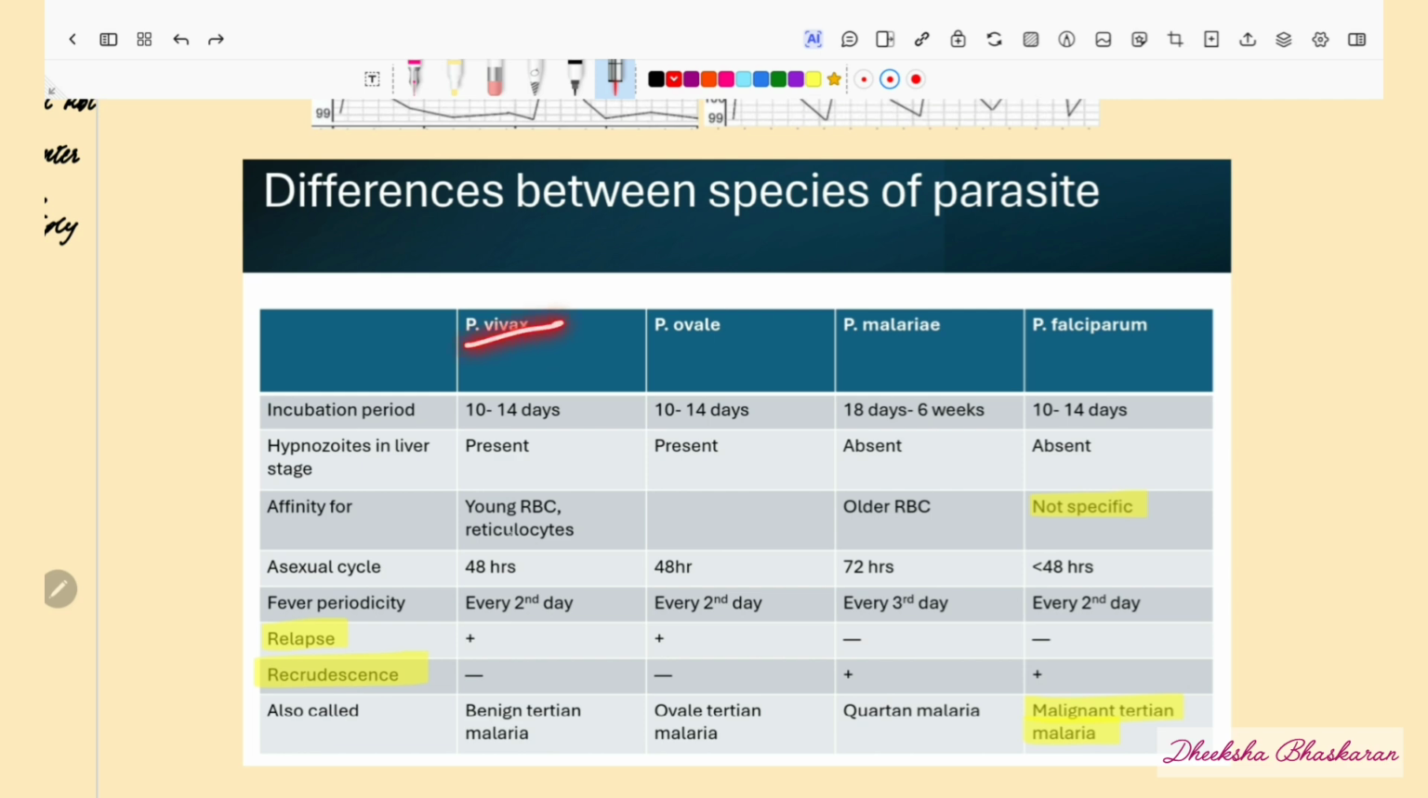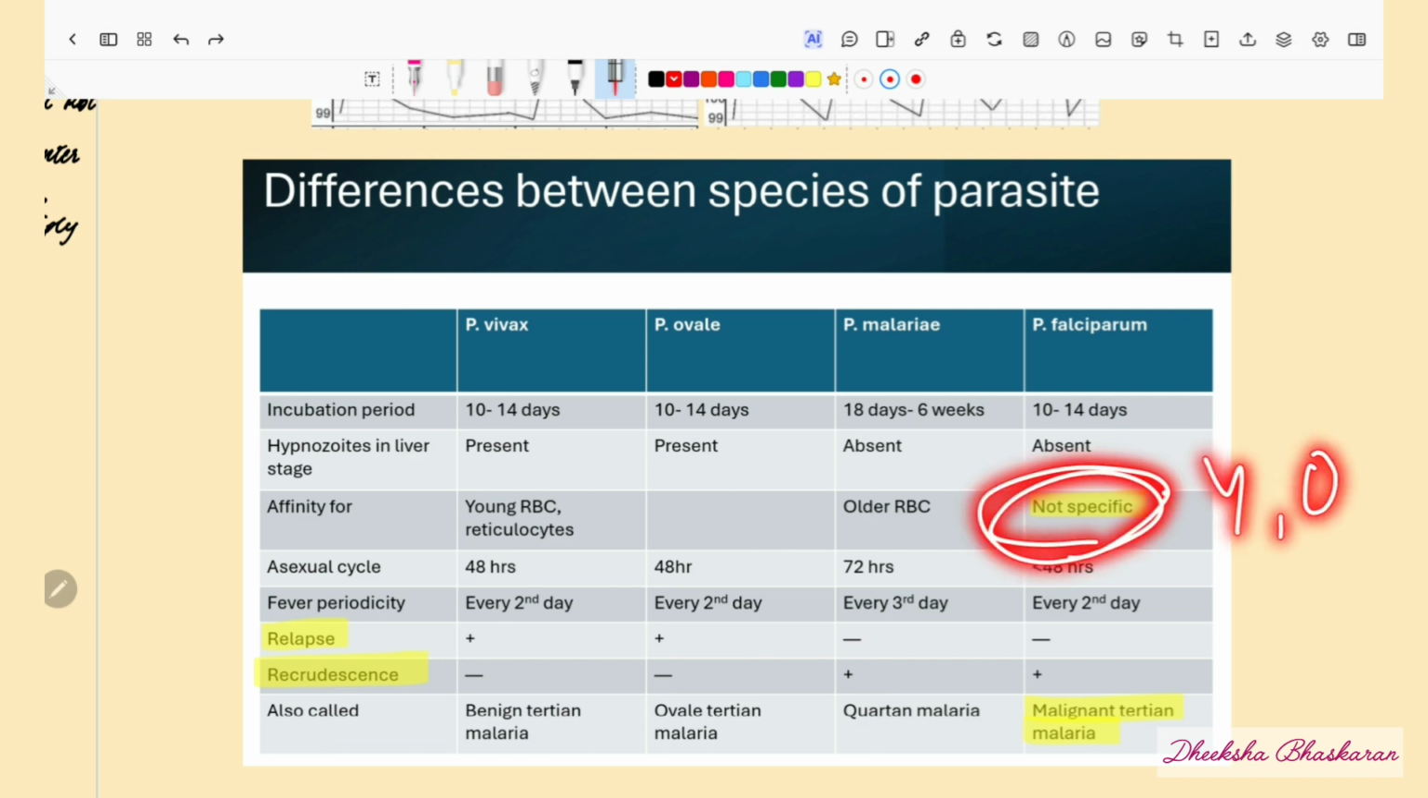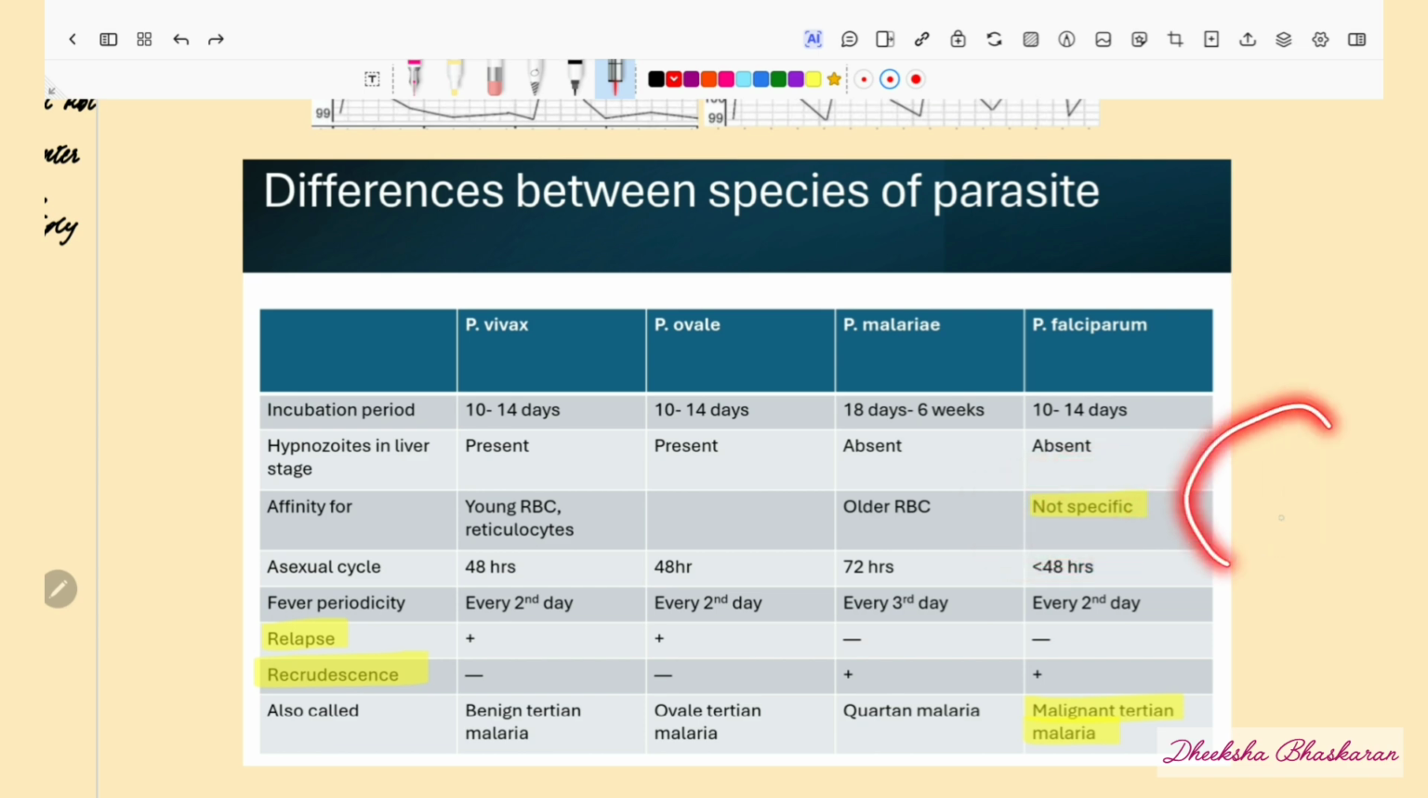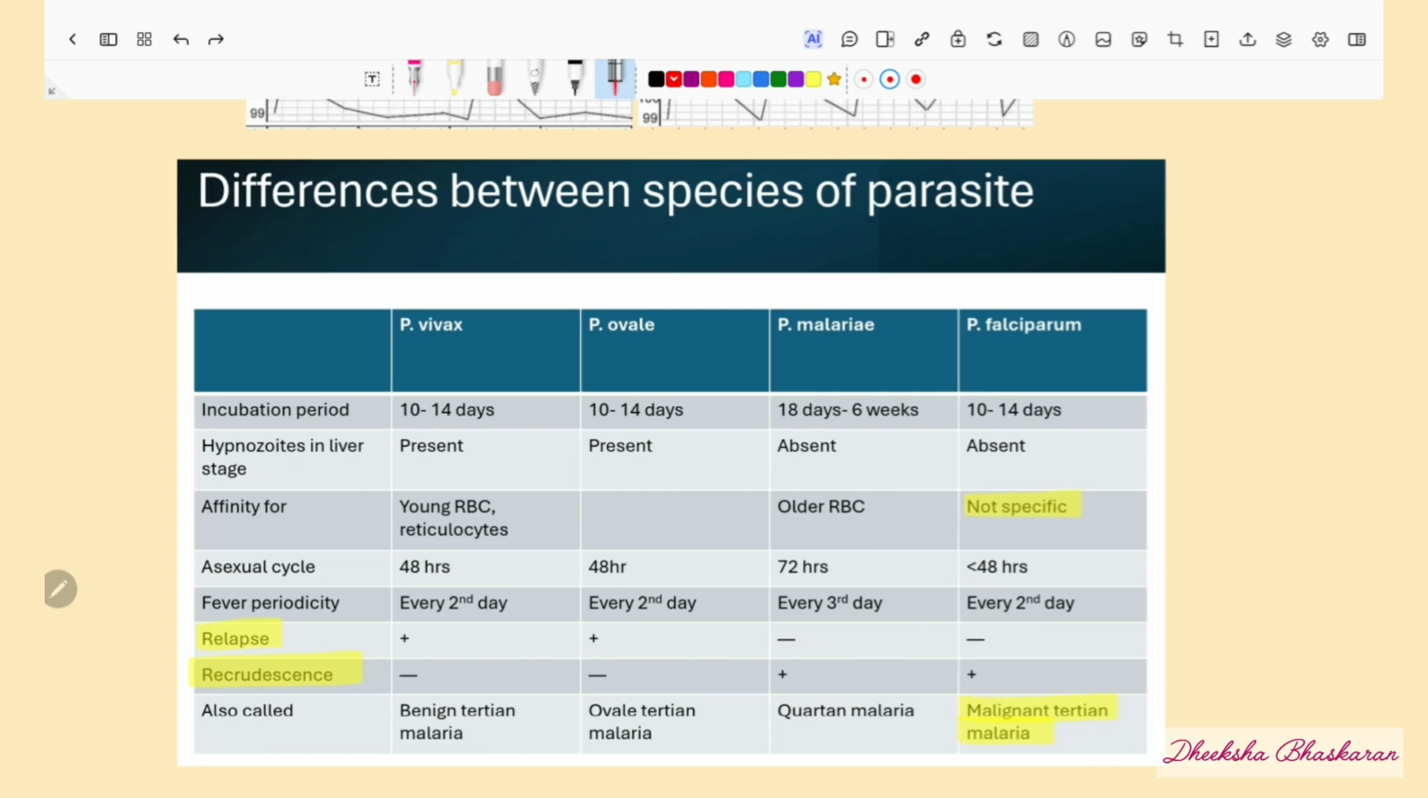In Plasmodium vivax it affects the young RBCs. In Plasmodium malariae, it affects the older RBCs. In Plasmodium falciparum, it is very non-specific, meaning it affects both young and old RBCs. So that's why it affects all the RBCs. That's why the disease is more severe in case of a Plasmodium falciparum infection. Then fever